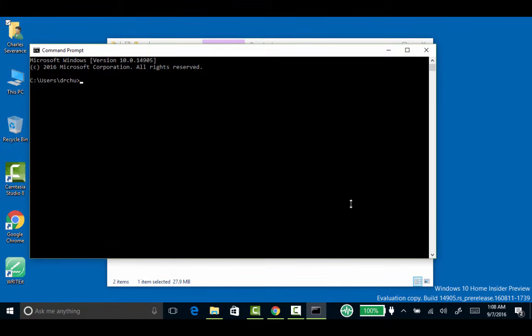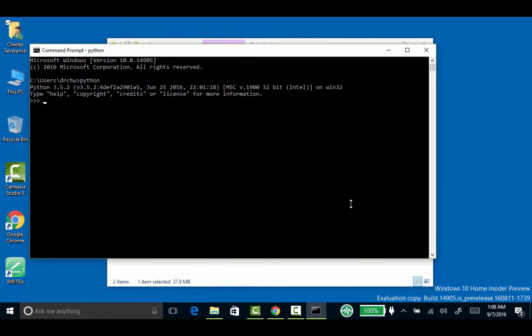And so here's this command line, and I should be able to type python here. And so now I'm in Python 3, and this chevron prompt is the Python interpreter, where it's asking for Python commands, and I can say print hello world.